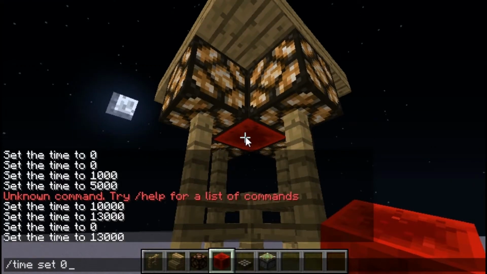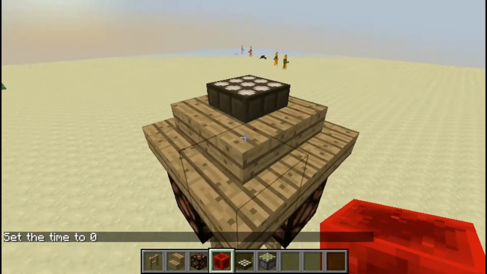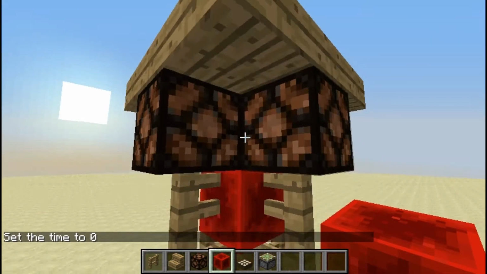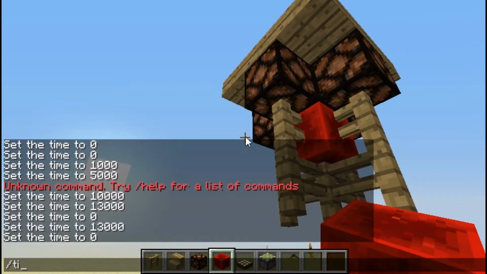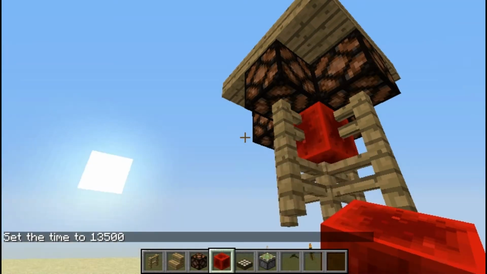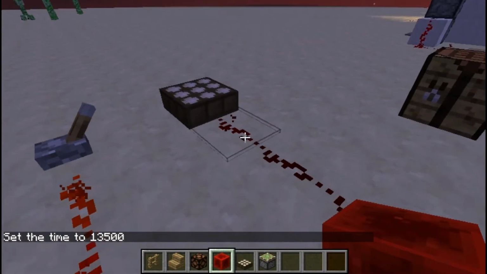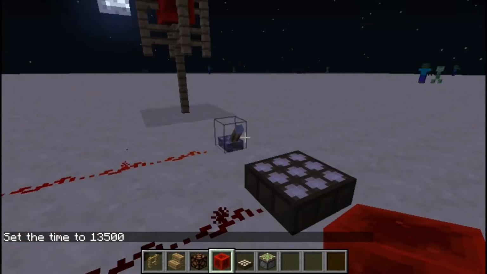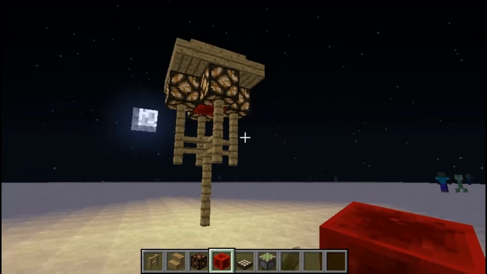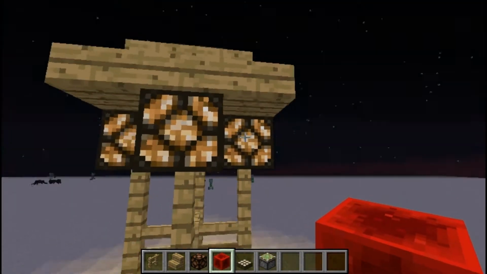We got time set 0. There, the sun's up. This is receiving a signal, which activates the piston below, which pushes the block down into here, which turns the lights off. And then the reverse will happen when we go to time set, say, 1500. So we can see here that the final signal is very weak now, which means the daylight sensor is about to receive no daylight. Piston retracts, pulls a redstone block back up into the lamps, creating automatic lighting when it